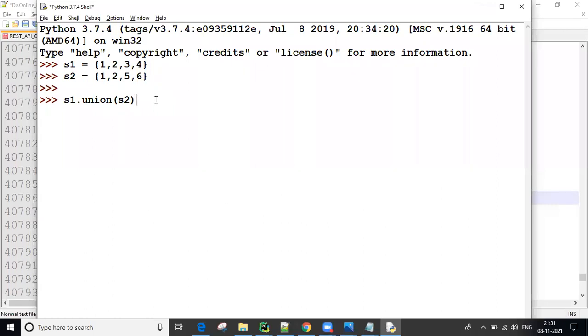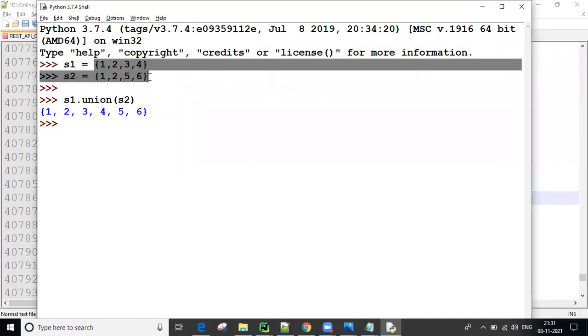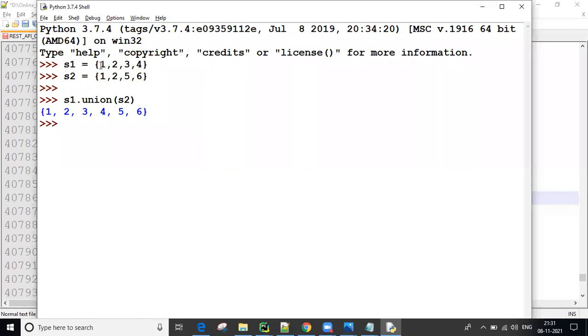Very good. That is 1, 2, 3, 4, 5, 6. What is the meaning of union? Union means it will take all unique numbers from both the sets. Unique numbers means 1, 2, 3, 4, 5, 6. That's all.